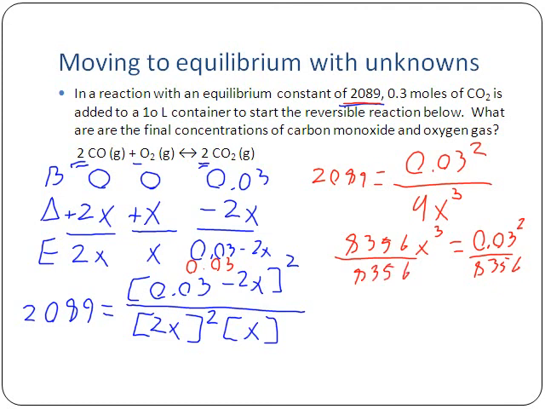And so when we do that, we say 0.03 squared divided by 8356, and I get that x cubed is equal to 1.08 times 10 to the negative 7th. And then I have to take the cube root of that, so raise it to the 1/3 power, or just take the cube root if your calculator does that. And so in this case, I get x is equal to